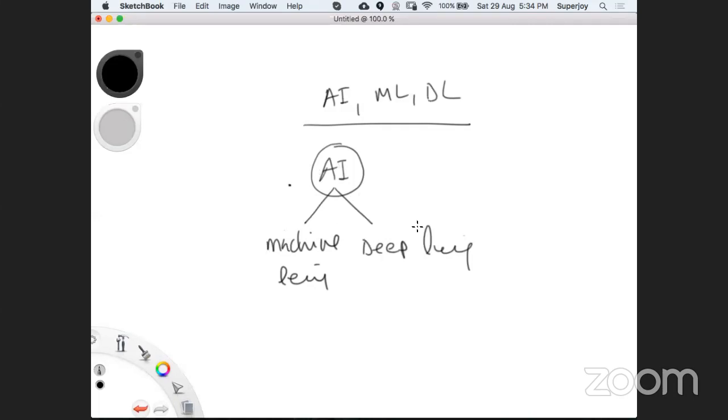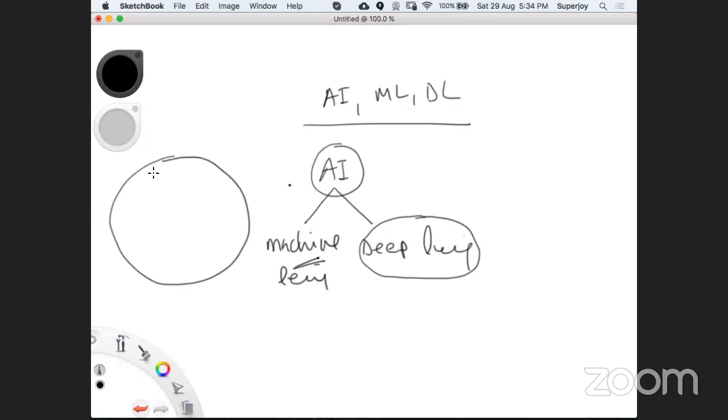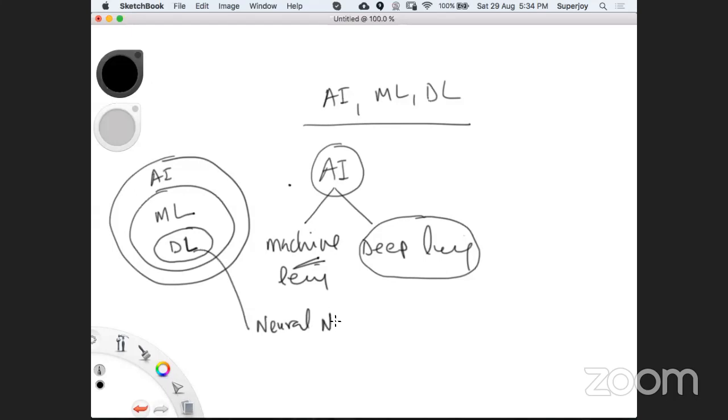So basically, deep learning is also a subset of ML only. So if you say something like that, this is AI. To achieve AI, you can go with machine learning, and the specific part of ML is called DL. In deep learning, guys, you use a neural network. What is a neural network? A neural network is a computation architecture. It is a way of processing data.